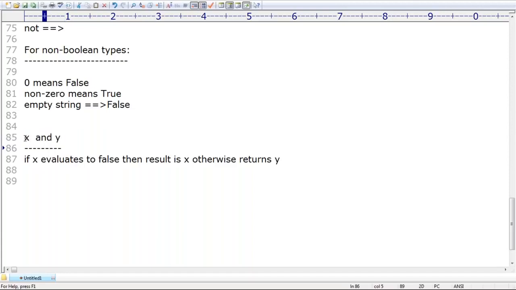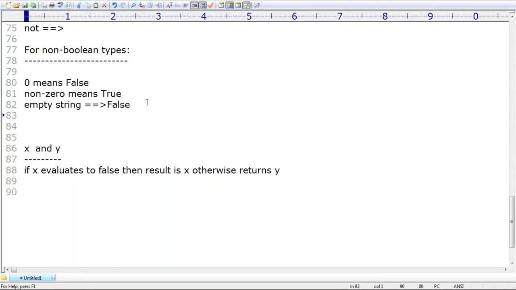So very simple, the AND operator. First I compare the first one. How can you evaluate that the first one is false? Already I told you: if the first one is 0, it means false. If the first one is an empty string, it is false. Some people are asking what the meaning of an empty string is. Just quotes open and quotes close. Is there any content in between the quotes? No. Such a thing is by default considered an empty string. The length of that string is 0; the string contains 0 characters. Onkar, I hope you understand the meaning of an empty string.